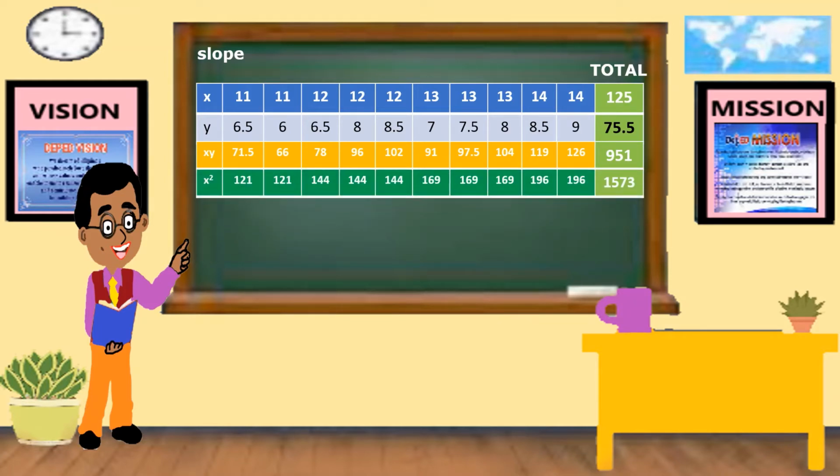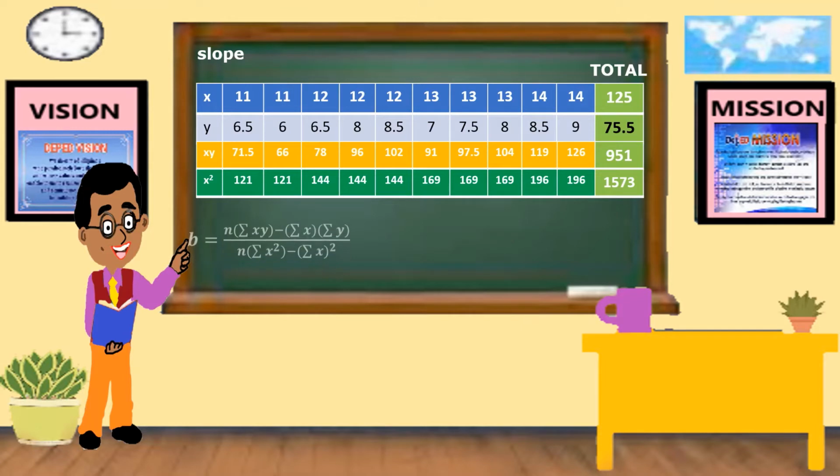Next row, we have here the x squared, meaning we multiply the x by itself. So 11 times 11, 121. 12 times 12, 144. 13 times 13, 169. 14 times 14, 196. And the sum of all the squares of x is